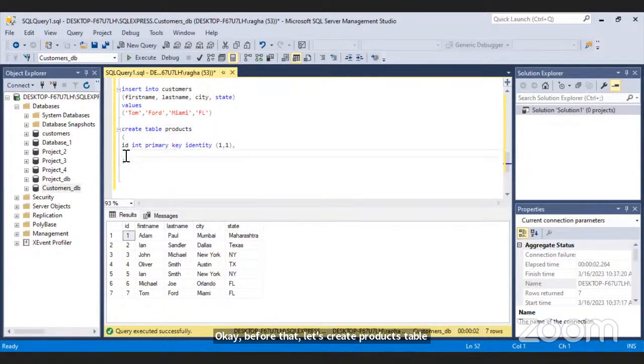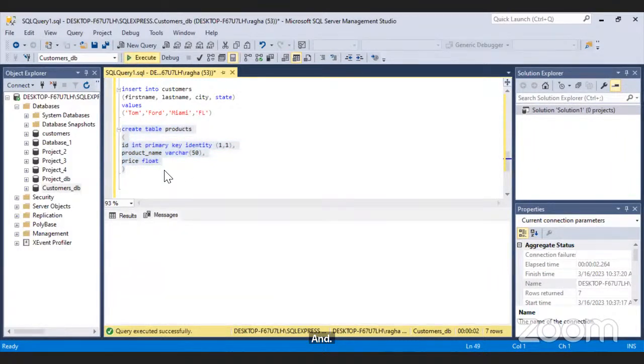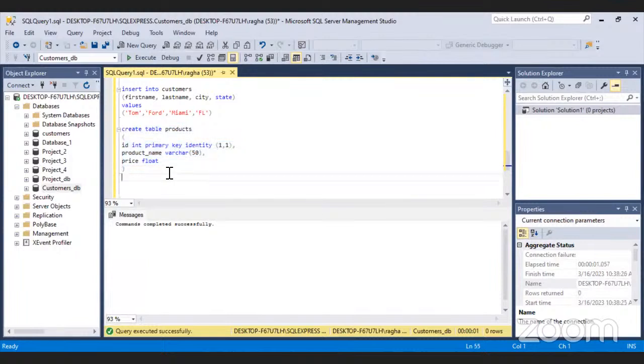We'll need the product name and the price. So we have the products table, but if we query that, we would see that there is nothing yet in the products table.